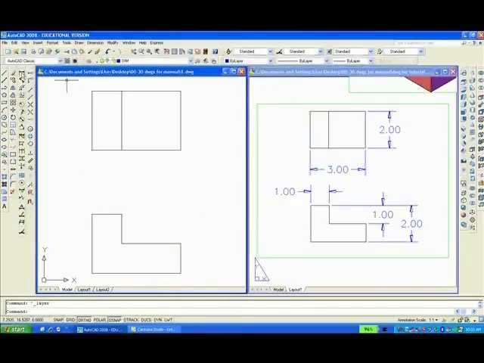Now we'll proceed to dimension with linear dimensions. OSNAP should be on, so you pick 2 points and move the mouse. That dimension looks small. That's because I have not set up dim scale. So I'm going to erase that. Now I'll type on the command line